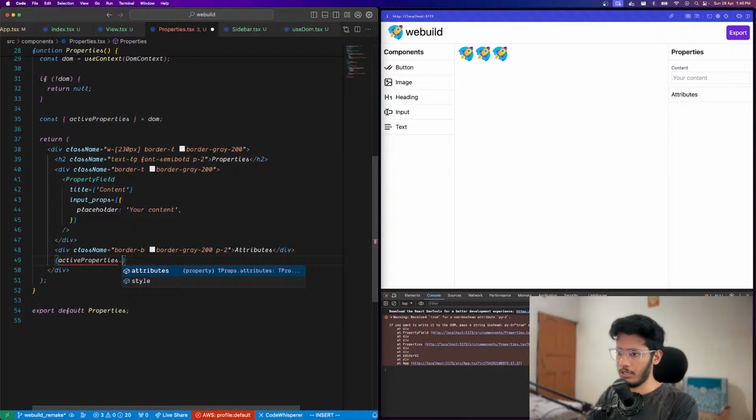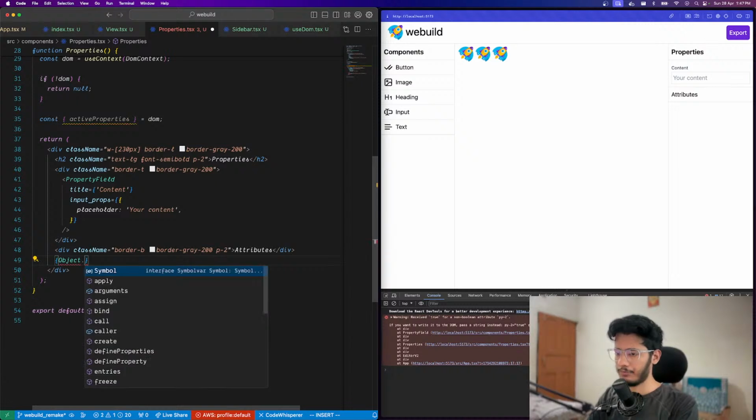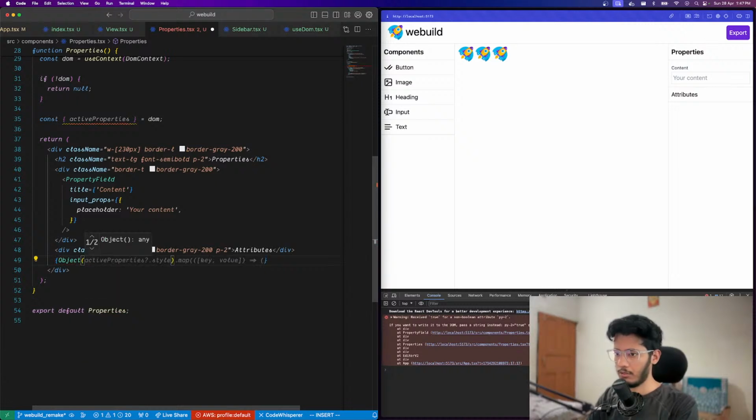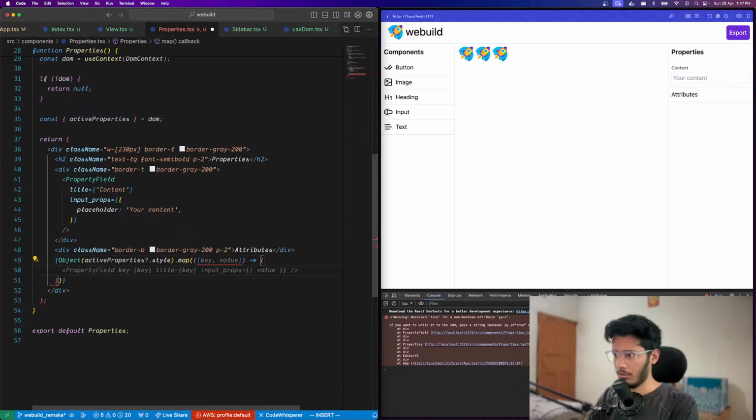Active element dot attributes dot map. I think we don't need to do that like that. So Object dot map key value. Why are we doing this like this? I think this is how you do it. No, this is how you do it. Yeah. And then yep,